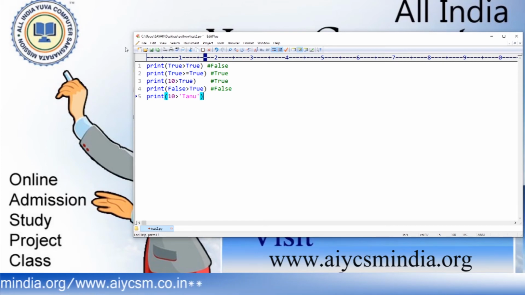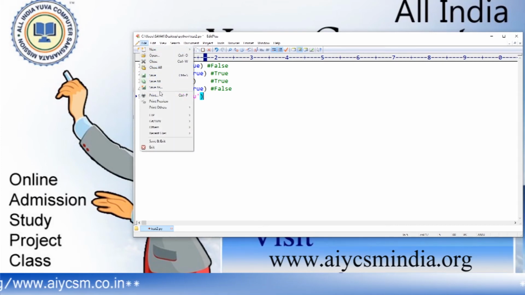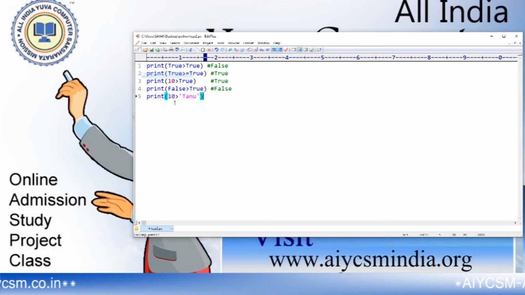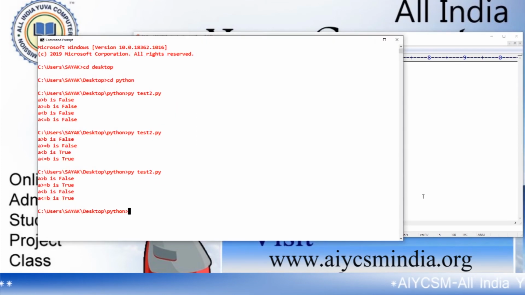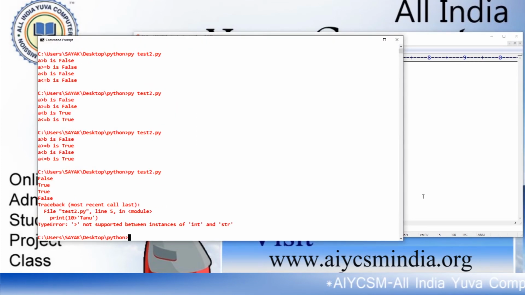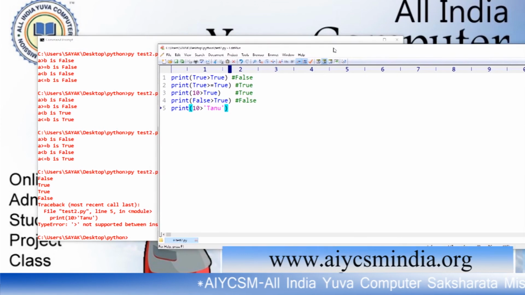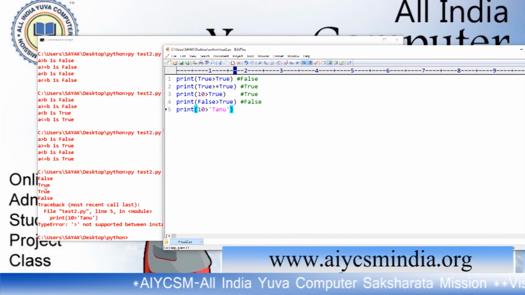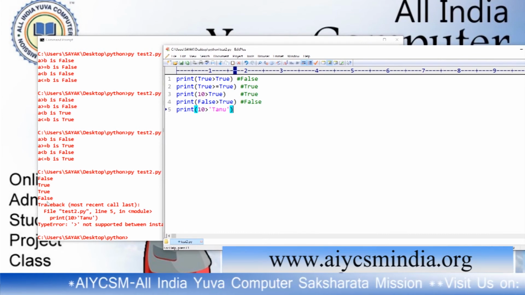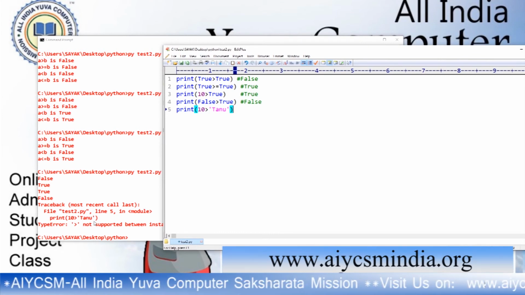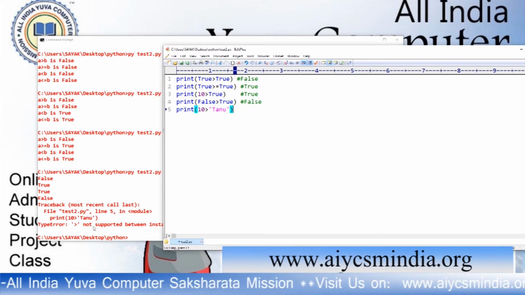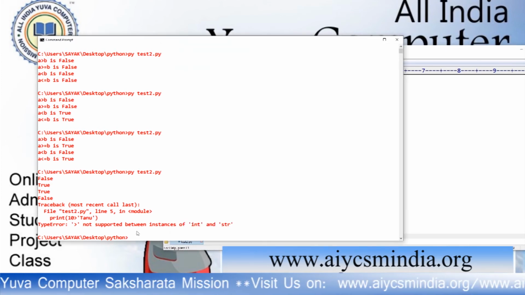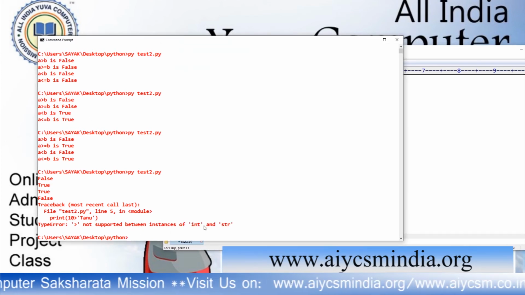Save that and run it. I will overwrite my earlier program and run it from there. So look at that, this is true, this is false, this is true, this is true, this is false, but for the last one it says not supported between instances of int and str.